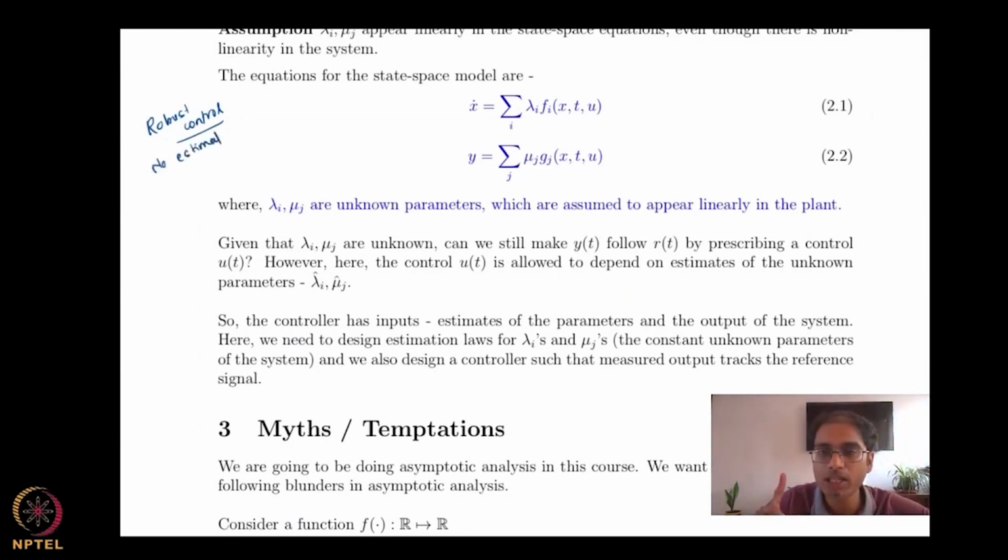Okay, the first important thing to remember is that in robust control, there are no estimates of any parameters. If there is an uncertainty, it is classified as a sort of structured or unstructured uncertainty, and it is dealt with as is. The second is